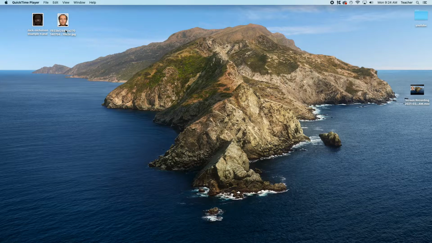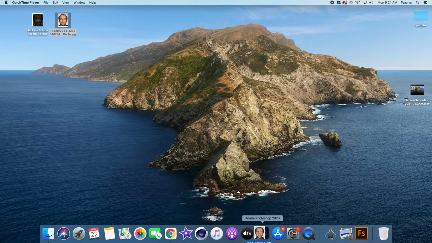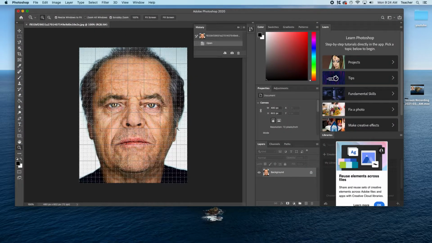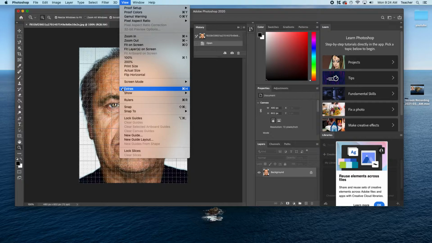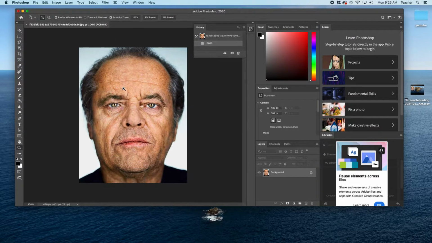So to start digital circlism, drag your image directly into Photoshop. It will open up as the default size. And if you see a graph or a grid over top of your image, go to View and make sure you uncheck extras or any other checks that are on here. Now I'm ready to start building layers on top of my image, and I can cut through those layers to